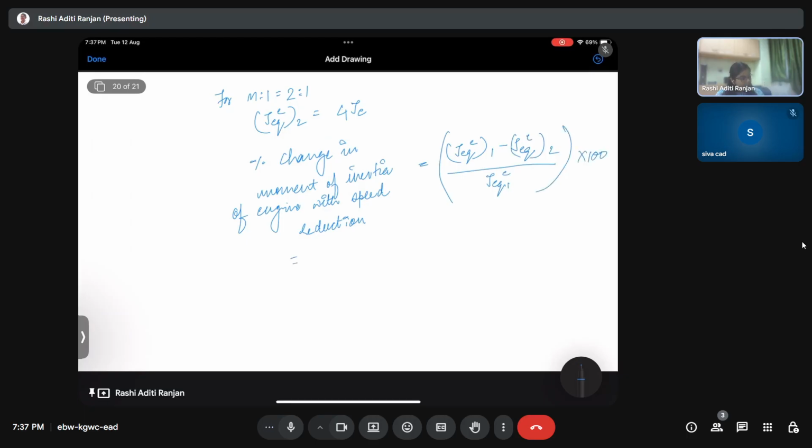This turns out to be (25 Je minus 4 Je) divided by 25 Je, into 100, which is equal to 21 by 25 into 100, 84%